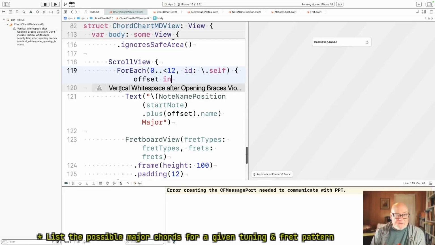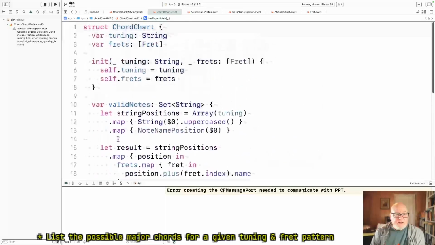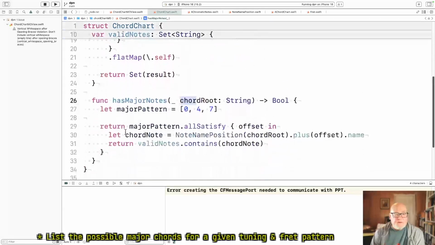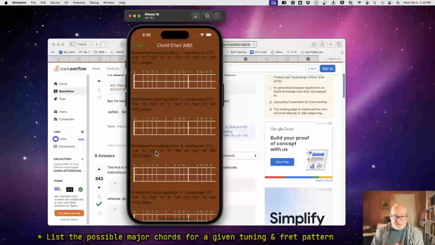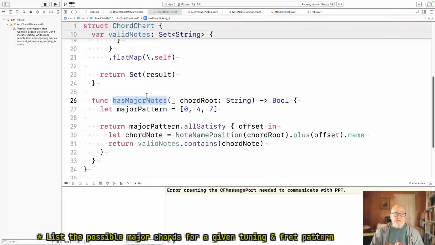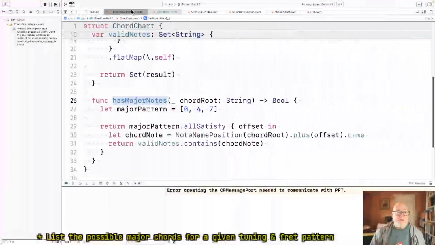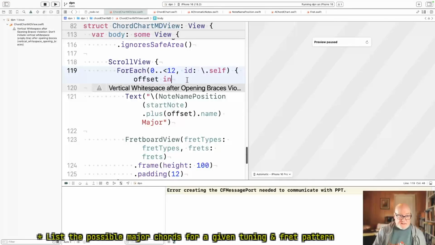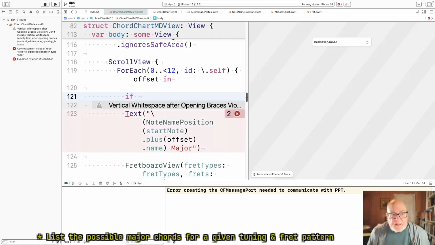But I also think we need to ask, what about has major notes? So I don't want to see every chord possible, like all 12 there. I only want to see them if has major notes of the chord root is correct. Okay, so let's use that in our view. And I guess that's here. If, excuse me,